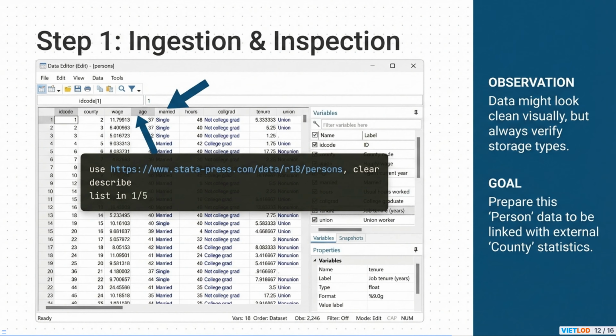Our workflow begins by ingesting the persons dataset directly from the Stata Press website using the use command. The clear option ensures we start with an empty memory. Immediately after loading, we inspect the data. The describe command gives us a summary of the dataset, including variable names and types. The list in 1/5 command allows us to view the first 5 rows of data to get a feel for